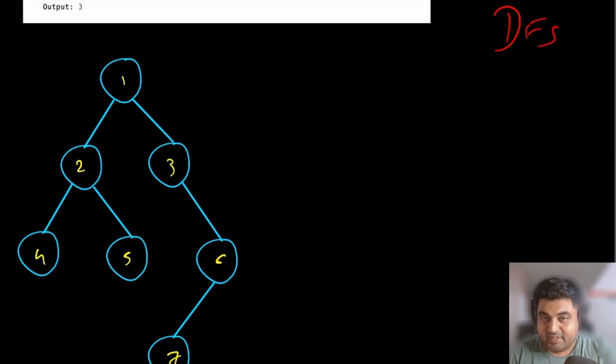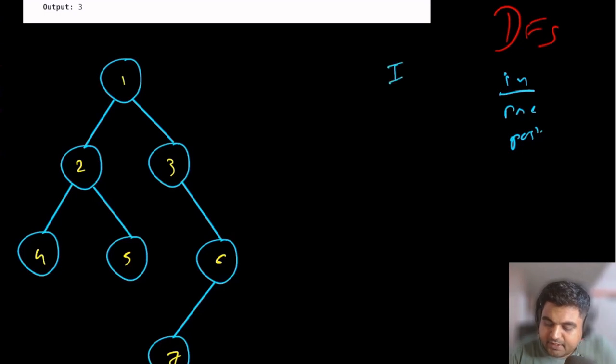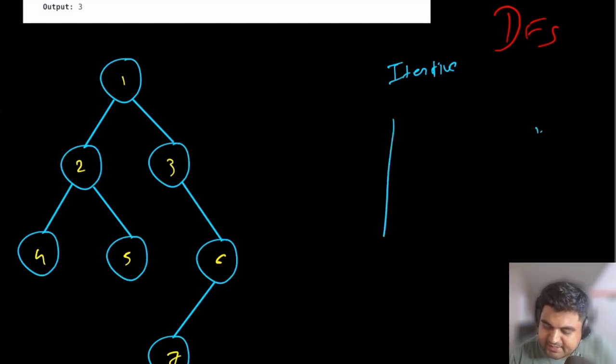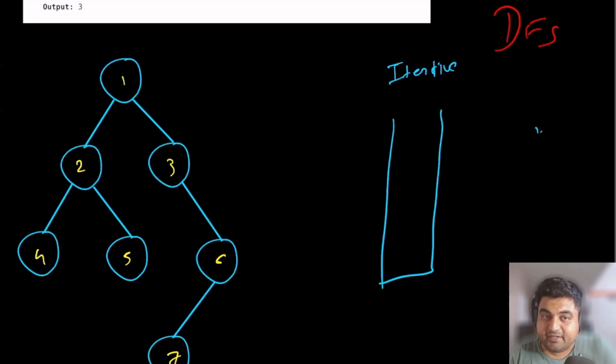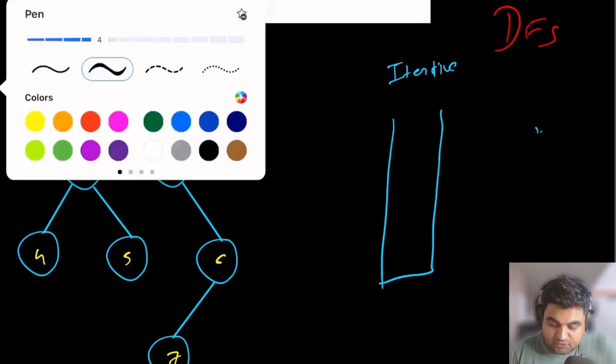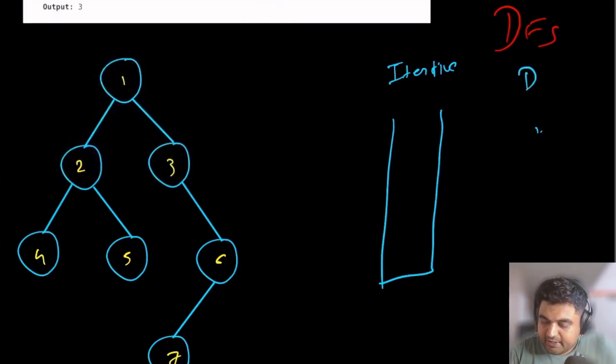Now, since this is a tree, we have 3 options to use: in-order, pre-order, or post-order traversal. We can use either one of them. I like using in-order, so let me just show you the solution using in-order. And for this problem, I'm going to show you the solution using the iterative method, with stacks. So first, let me quickly initialize a stack that I'm going to use to iteratively traverse over this given tree. Also, we need to calculate the depth. So we are going to have a variable called depth, and I'm just marking it as DEP.